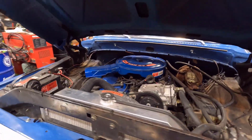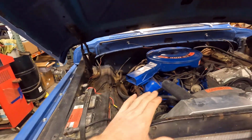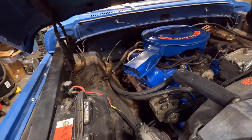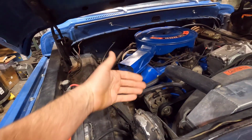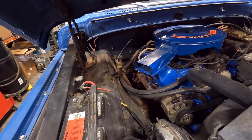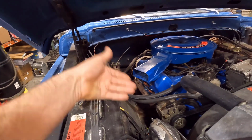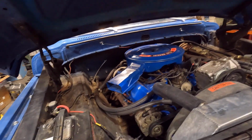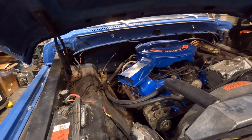I did a lot of work to the engine as well recently. Right here, the exhaust manifold was leaking, and it had actually eaten through part of the cylinder head, and there's a divot in the cylinder head that was leaking, causing the exhaust leak. So rather than just pull the manifolds and put a big gasket in there and try to get the seal, I elected to pull the cylinder heads, and while the cylinder heads were off, we did